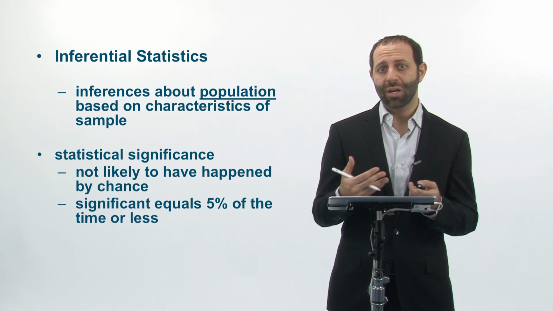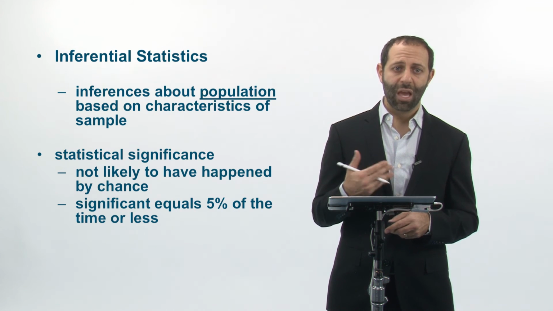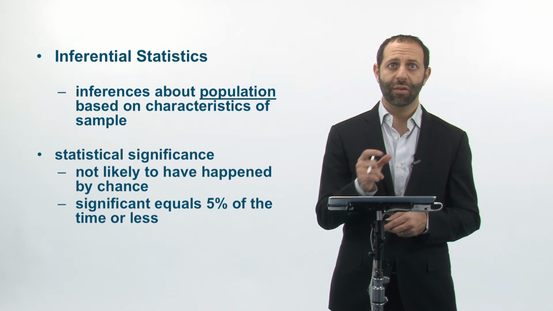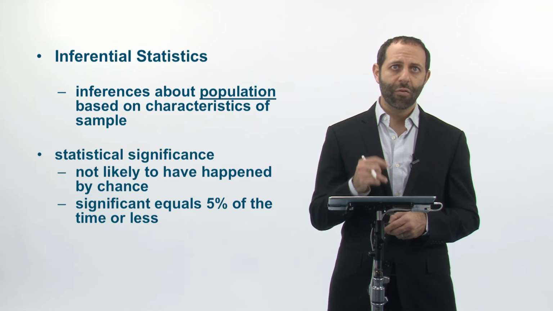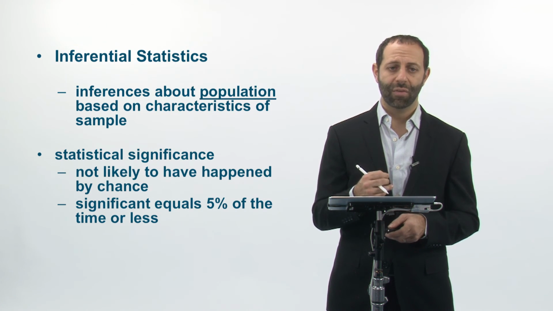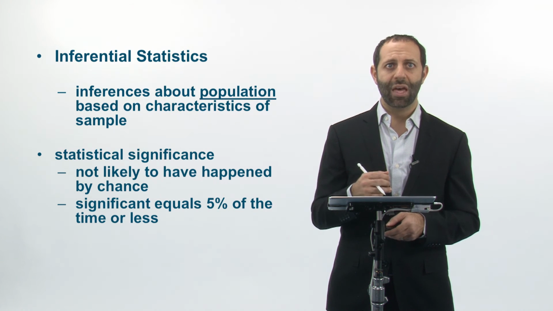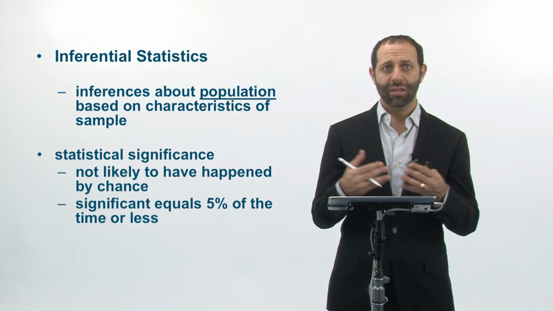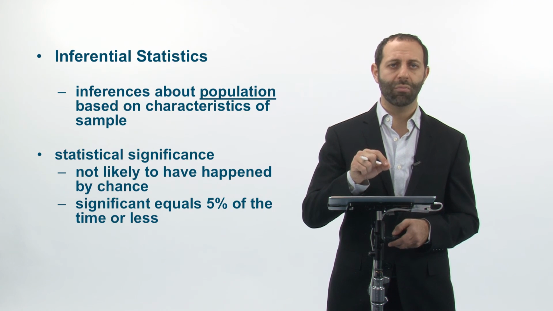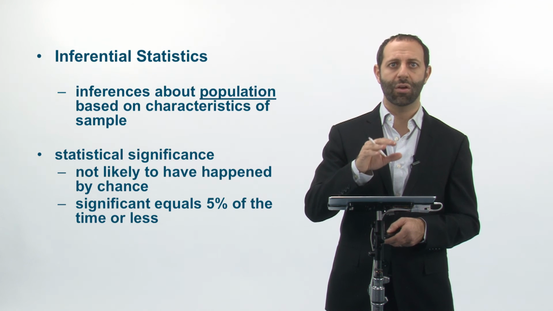So there really would never be a way to know unless we came up with methods of evaluating the differences. So if a relationship or a difference is statistically significant, it simply means that it wasn't likely to have happened by chance. And basically it's saying that the relationship is meaningful,